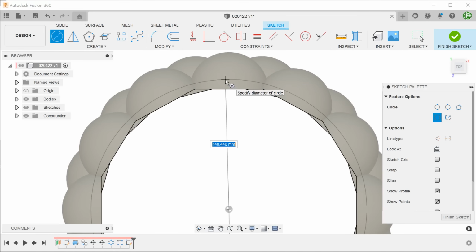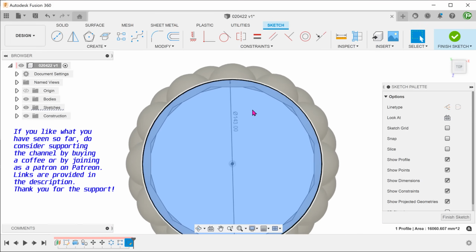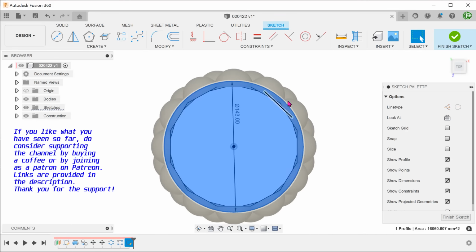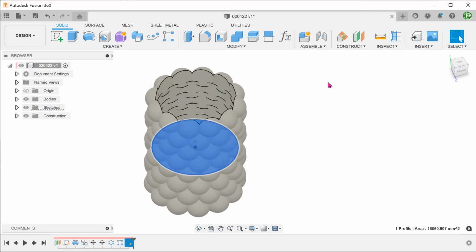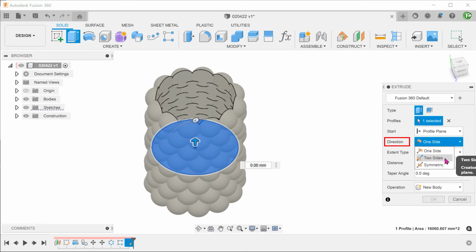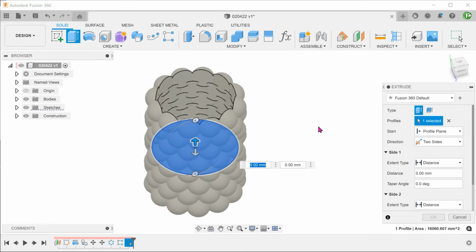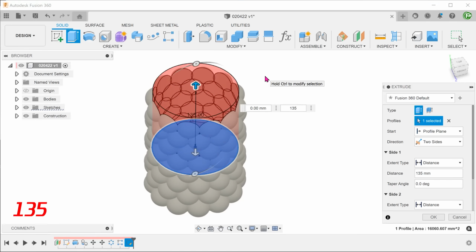This is to increase the chances of success during shelling. Perform an extrude. Set the direction to 2 sides. Adjust the distance for both sides such that the cylinder extends slightly beyond the hemispheres.